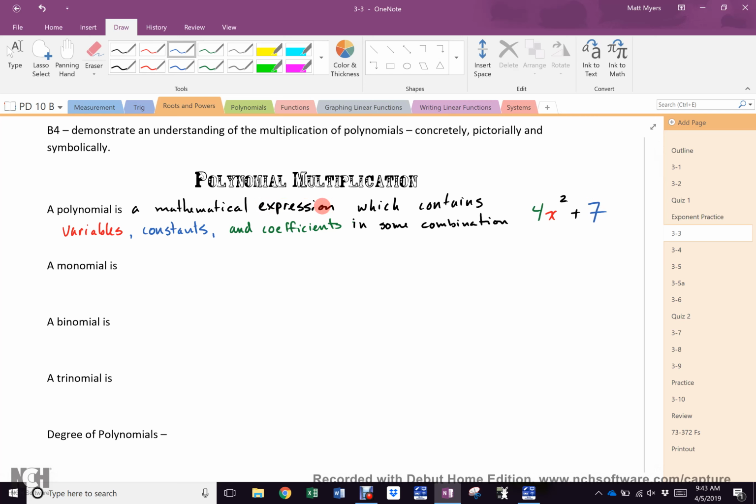Yeah? Okay. So, there's three types that have special names. You all already know this from the 9th grade, I hope. A monomial is a single term polynomial. I don't want to say that. A single term expression. And since a monomial is a polynomial, it can have a combination of these things. All right? For example,